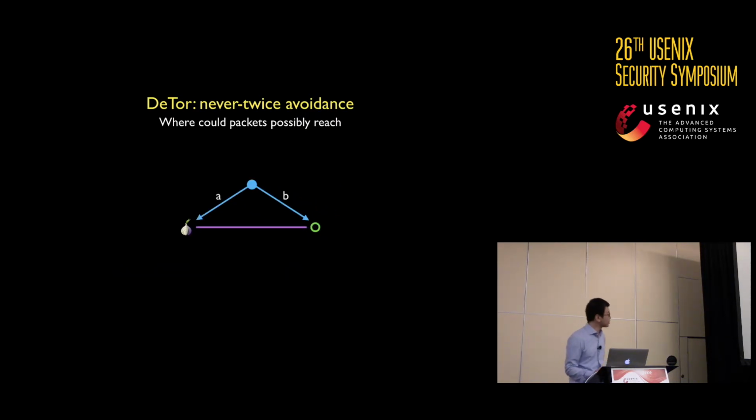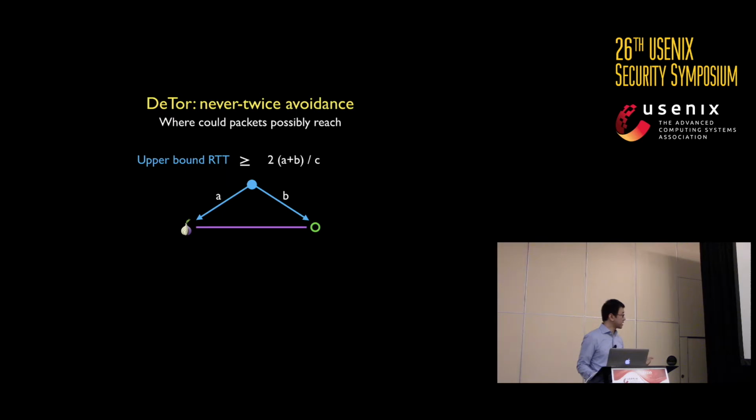Let's take a closer look at the exit leg in this case. In this scenario, if the packet has traversed a point over the exit leg, it must satisfy this condition, which is the upper bound round-trip time over this leg should be greater than the latency from the exit node of the Tor through that point and then towards the destination. If this is satisfied, then this point is reachable by the packet.